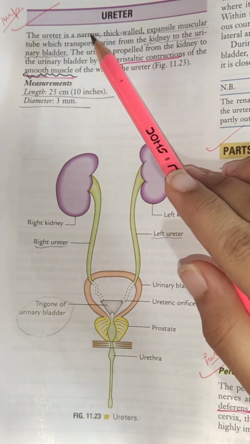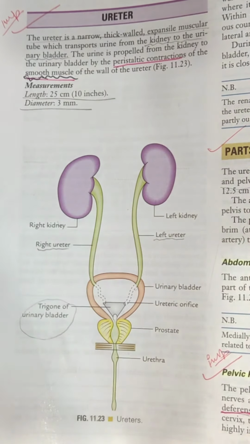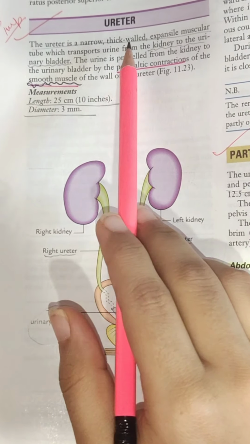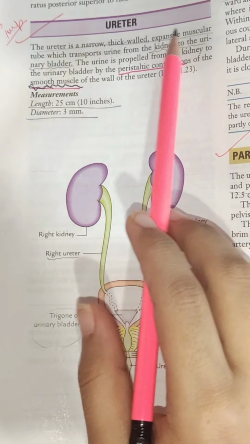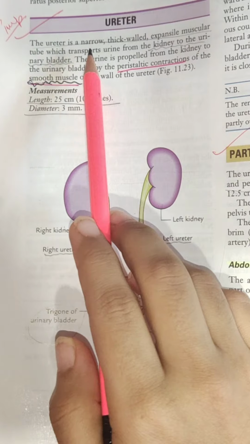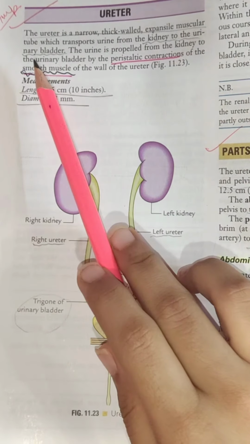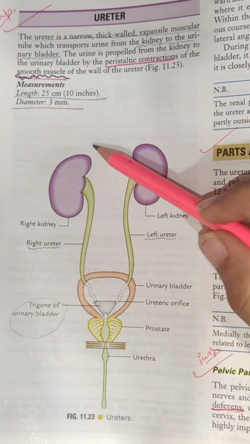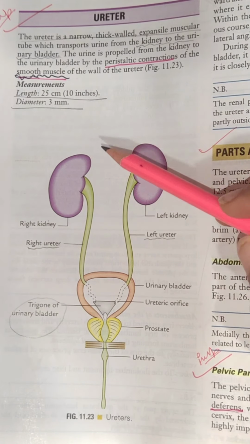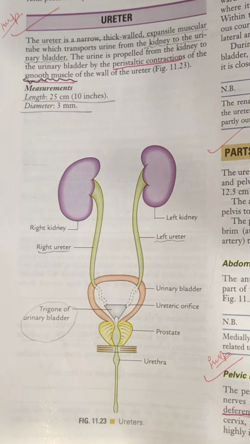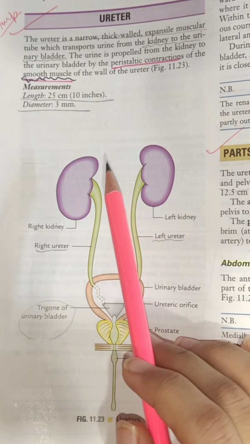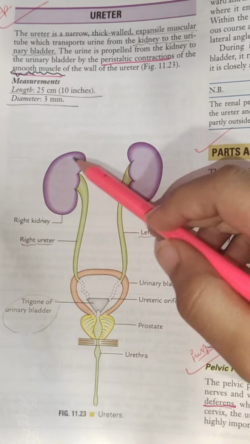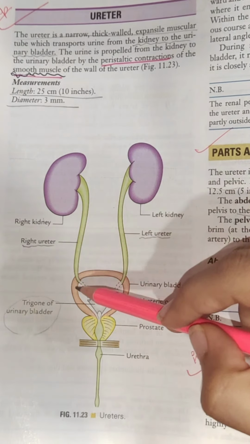So first, looking at the introduction about the ureter. The ureter is a narrow, thick-walled, expansile muscular tube which transports urine from the kidney to the urinary bladder. As you can see, there is the right kidney here and the left kidney here. So the ureter is a long muscular tube which transports urine from both of the kidneys till the urinary